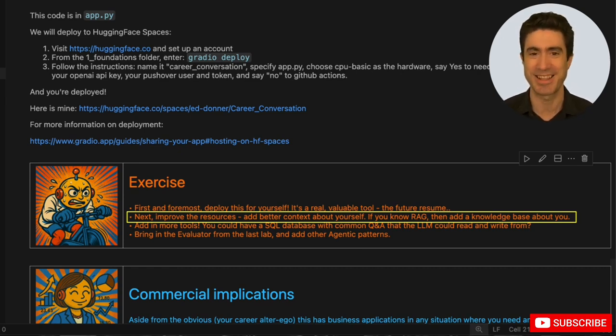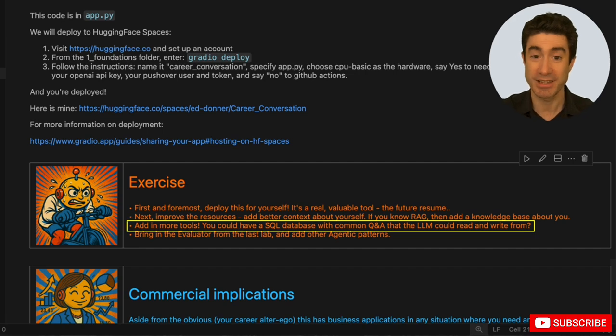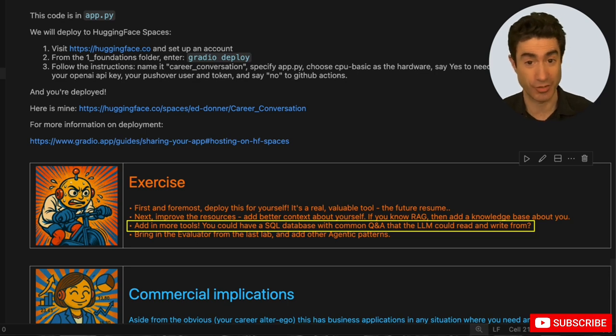You could build that in there and have it doing something with a bunch of different documents that it's able to refer to in giving good answers with relevant context. And then you should add in more tools. You could have a tool that can make a SQL query to a database to look at prior questions that couldn't be answered,